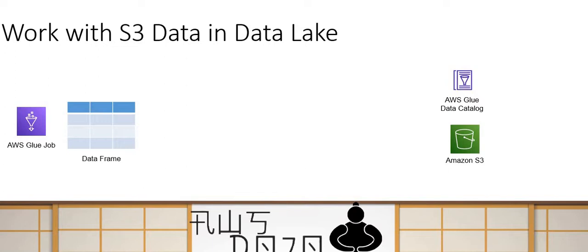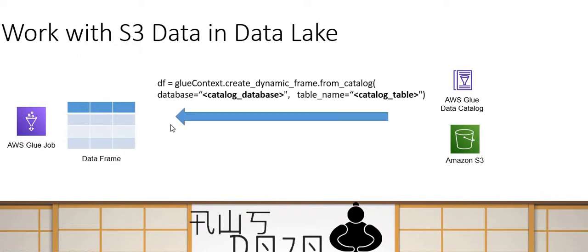So suppose I am working with S3 data in a data lake. I have got my data into the data lake, and that data is cataloged. I want to write a Glue job to read the data into my data frame. So I write my code something like that. I use my Glue context here, and what I'm saying is, hey, Glue context, create my dynamic frame. As you know, if you're using Glue libraries,